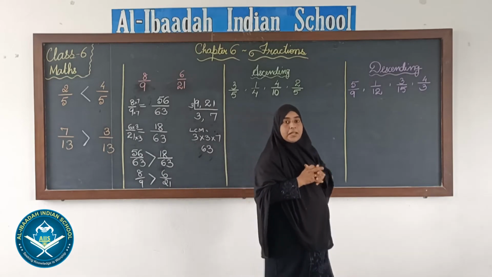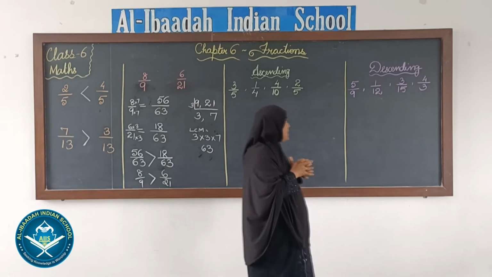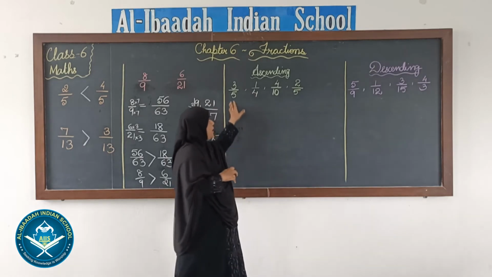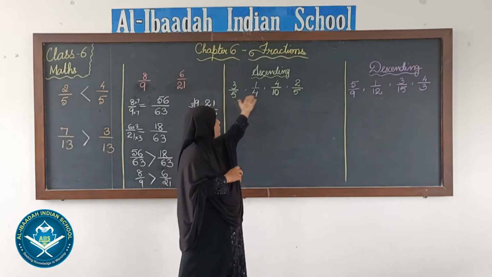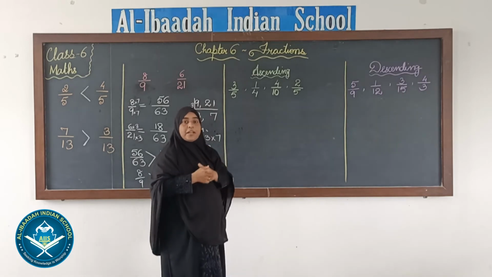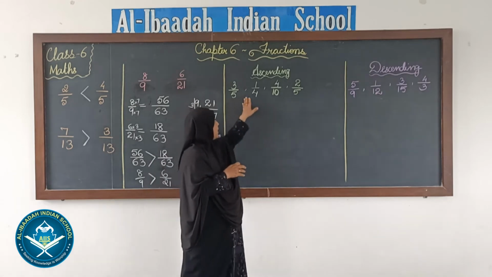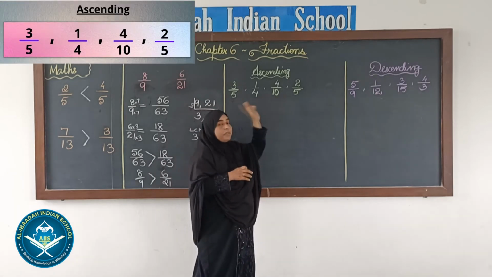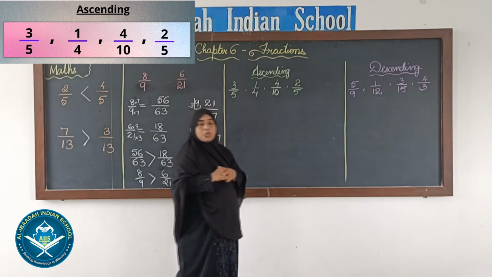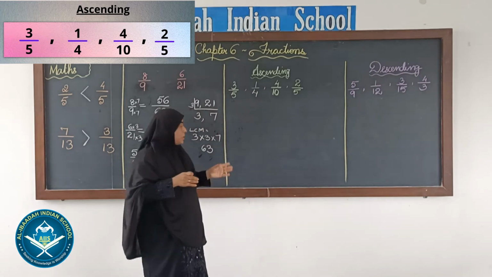We are going to arrange the unlike fractions in ascending and descending order. Okay, when we say ascending or descending order, we will have more fractions. Like I have 4 fractions over here. We have to change all these fractions to like fractions first, because they are all unlike. Say 5, 4, 10, 5, different denominators are there. So we have to change all of them to like fractions first, and then we will do the comparison the